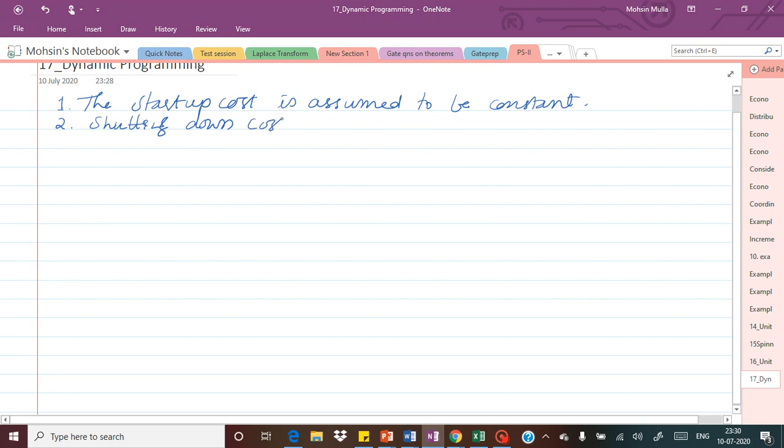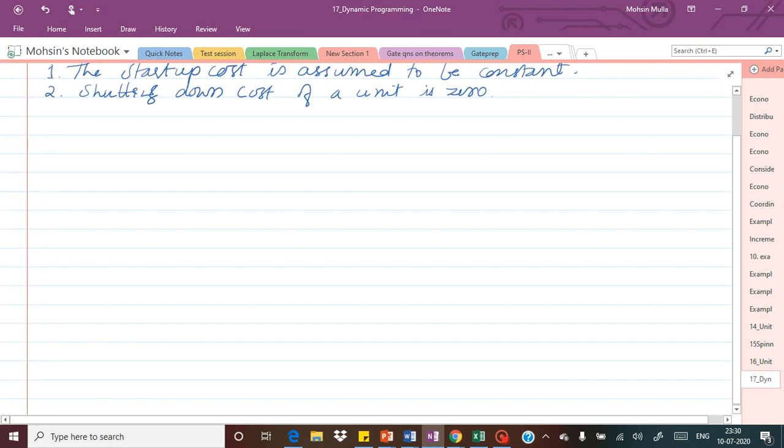The shutting down cost of a unit is zero. So we neglect the shutting down cost and keep the startup cost constant, and finally we have